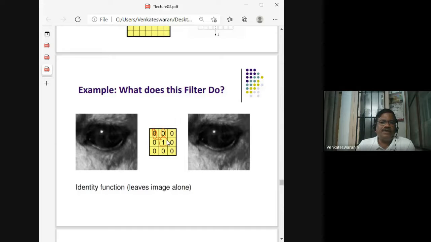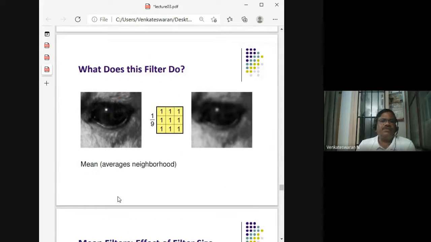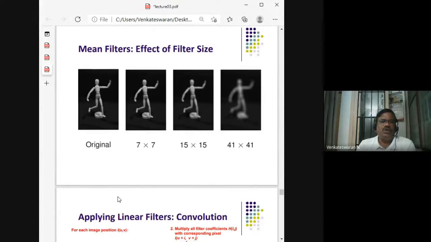Only the center pixel value is 1, all other pixel values are 0. Then what it does is it immediately returns the same value of the pixel. So nothing is altered. It is basically an identity function. Similarly, this is a mean value. Similarly, you can also look at, I told you how the filter sizes will change the